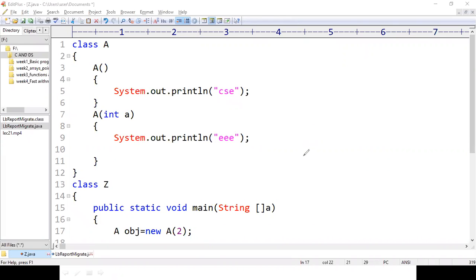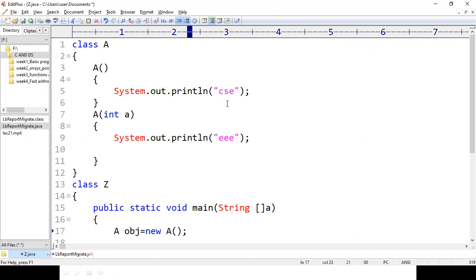If I want to execute the constructor with one integer parameter, then I have to pass one integer value here.